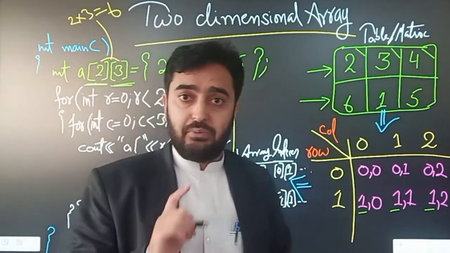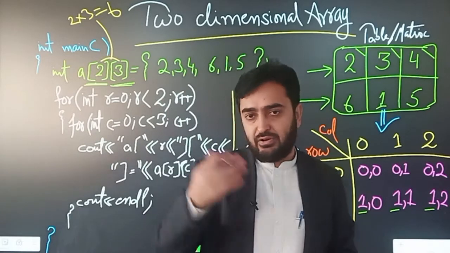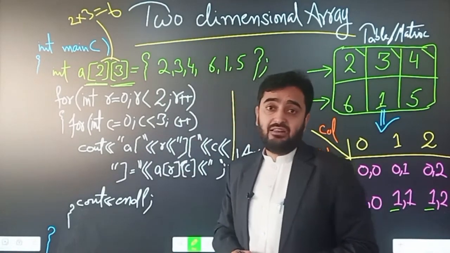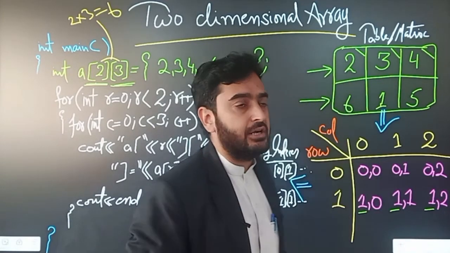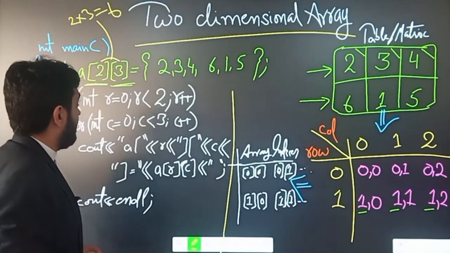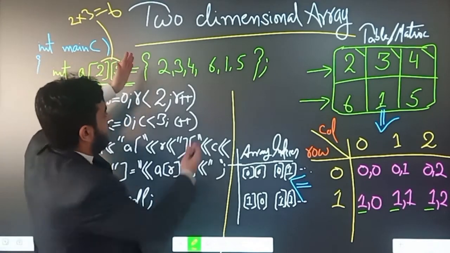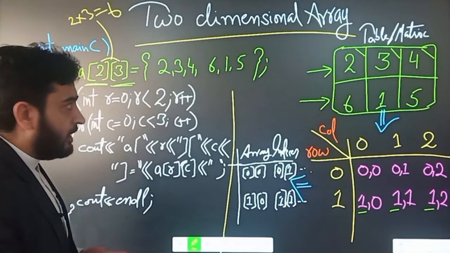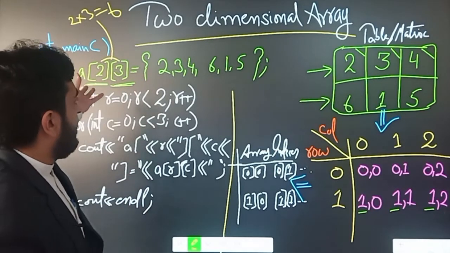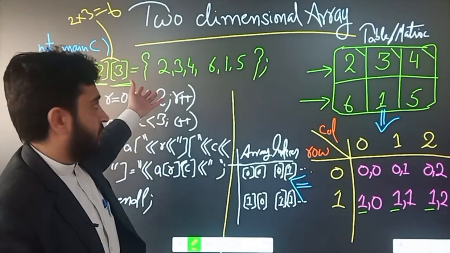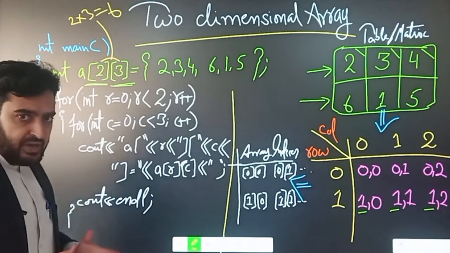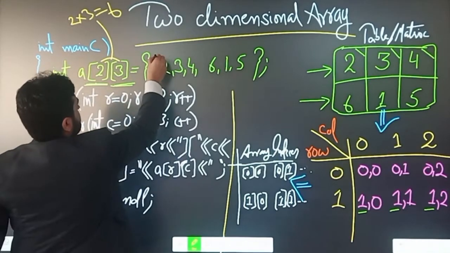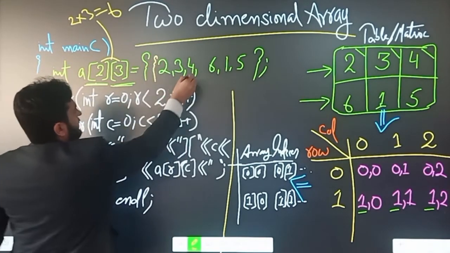You remember that in our previous lectures we discussed that in a similar way we can assign the values into a single dimension array as well. But from the initialization part here we cannot comprehend whether this array is two-dimension or not. So the best way to initialize the values is introducing brackets